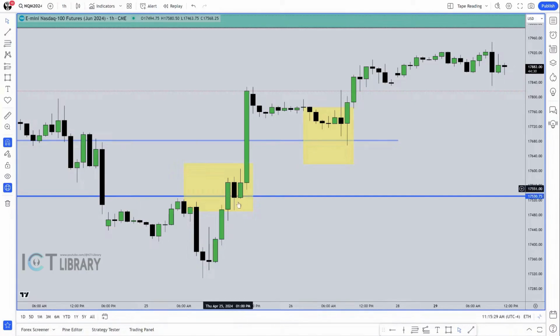Now, what happens if you can't get in on this move? Then you have to enter inside this range here, and you may or may not get an opportunity to do so. It just might happen that you don't get an instance where it can come back down and trade below a 1-minute swing low for sell side. It may not have a fair value gap that it trades down into. It may not give you a 1-minute or sub 1-minute bullish breaker. All those things can form inside this.